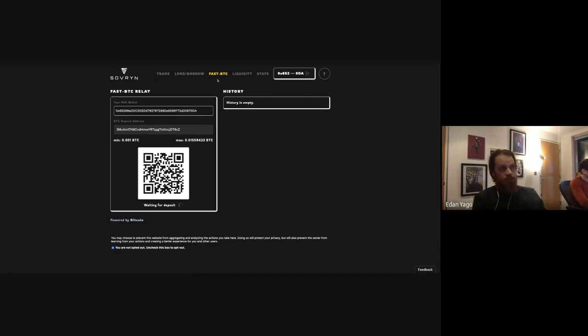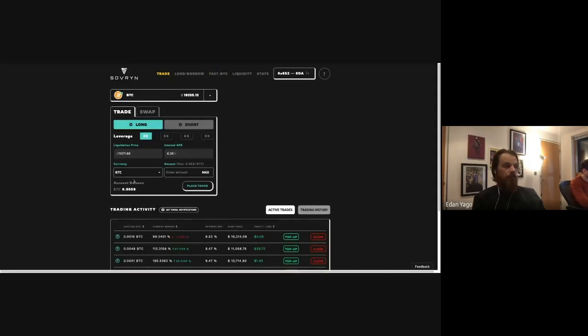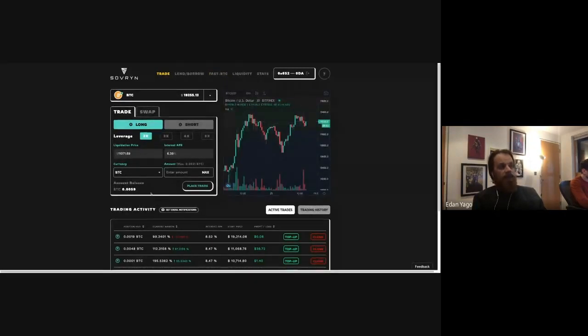We are working on integrating this deeply into our system, so that when your balance goes to zero, for example, on the trading page, or near zero, we will give you a pop-up and allow you to move your funds directly into your RSK wallet. We are happy to work with other teams to get this integrated into their dApps as well, and basically make moving from Bitcoin to RSK as seamless as possible.